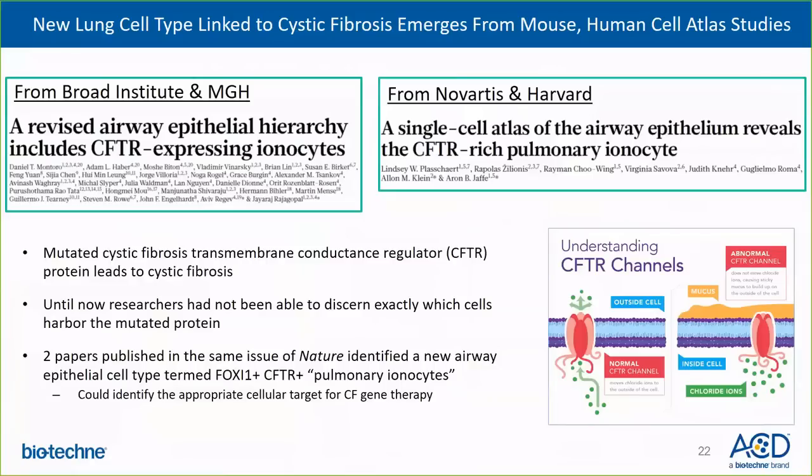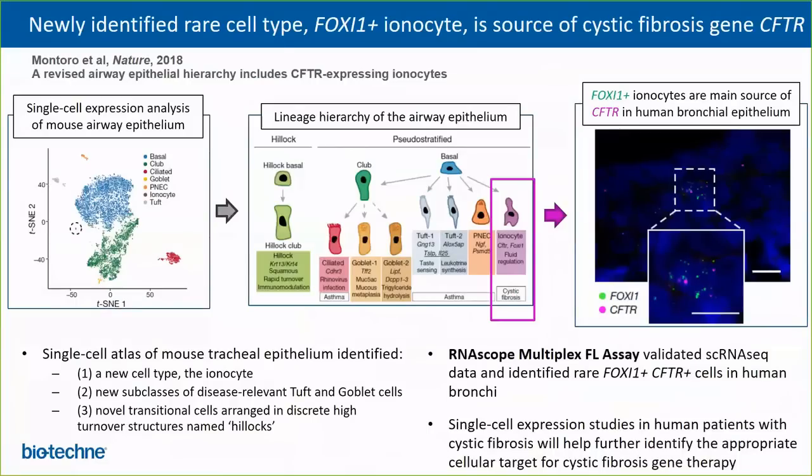They term these FOXI1 CFTR dual positive cells pulmonary ionocytes because they seem to be involved in transporting ions across lung tissue. And molecularly characterizing this new cell type could aid in identifying the appropriate cellular target for cystic fibrosis gene therapy. In the first study from the Broad and MGH, the authors generated a single-cell atlas of mouse tracheal